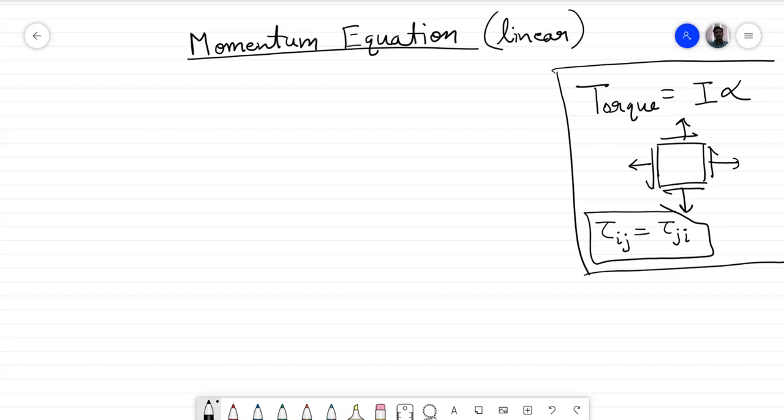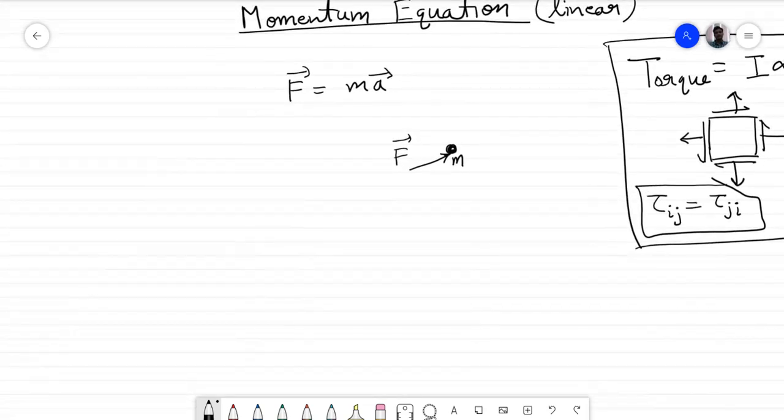So let us write Newton's second law of motion for a particle. Force equal to mass times acceleration. If there is a particle on which a net force F is acting and the mass of the particle is m, then the acceleration is given by F by m. Now if we divide this equation by the volume of the particle on both the sides, if the particle is not a point particle, let's say the particle is a finite sized particle,